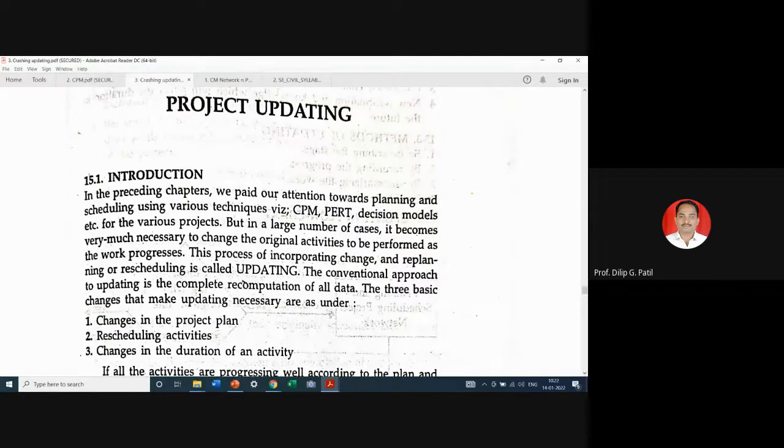Till now we have covered planning and scheduling using various techniques like CPM, PERT, decision models for various projects. In a large number of cases, it becomes very necessary to change the original activities to be performed as the work progresses. So this process of incorporating change,